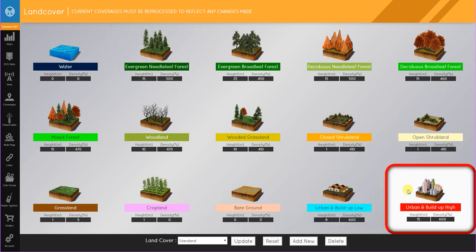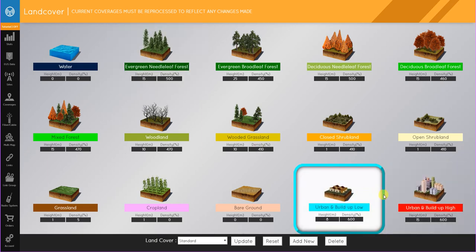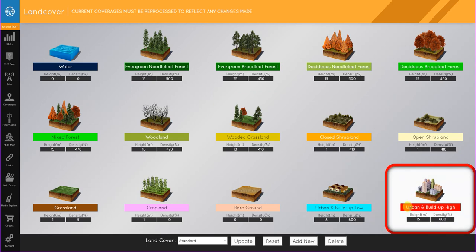Another very key point would be the urban buildup low and urban buildup high. If you're near a big city, your average building height is going to be higher than if you're out in the middle of Kansas. Most places out there are just little one-story ranch style houses, whereas if you get downtown St. Louis, Missouri, they're 300, 400 foot type deal. So you want to keep in mind those variables whenever you're setting up your land cover,